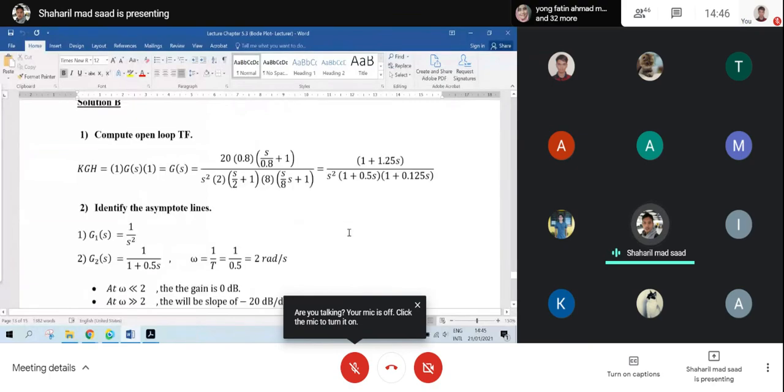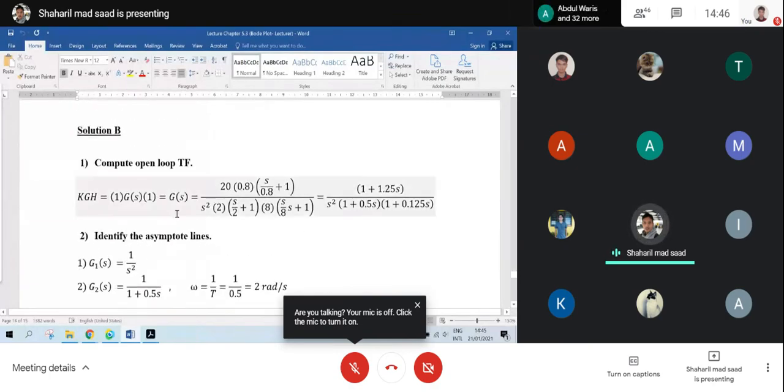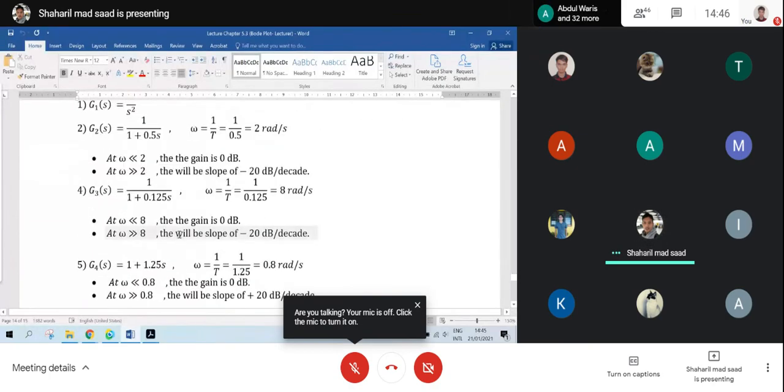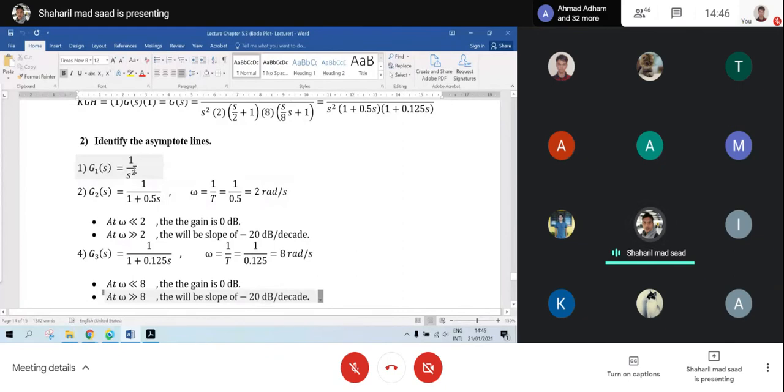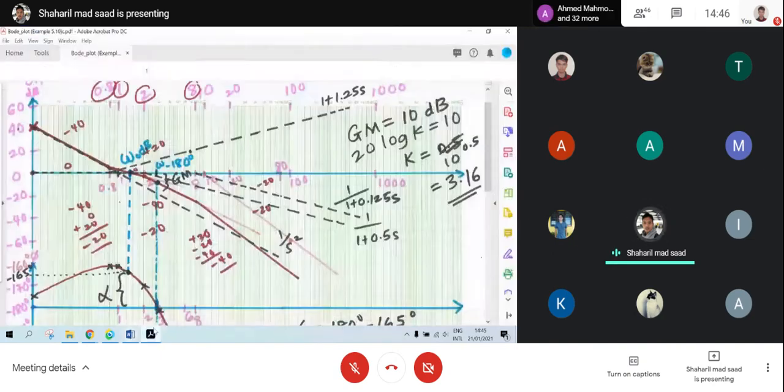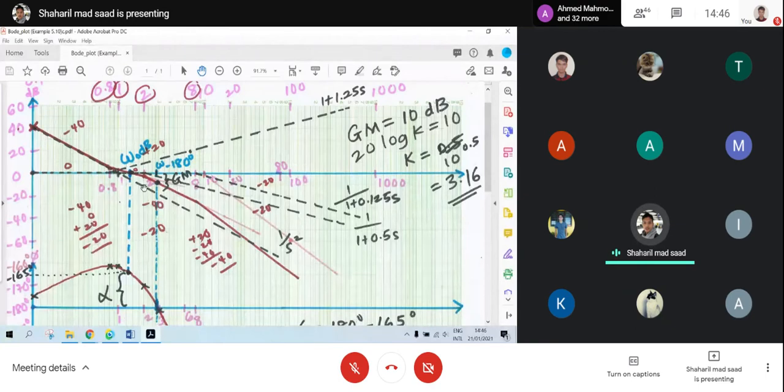The second method is by using the asymptote line, the approximate. So you need to be able to draw. If the 1 over x squared, it will cross to 1 there, and also if the 0, 1 plus 1.25, so you need to find and so on.